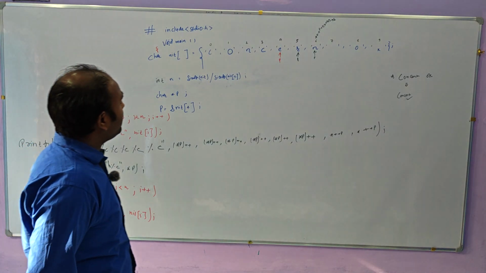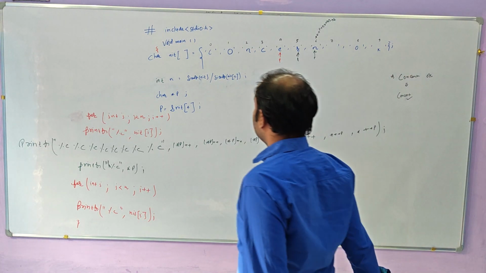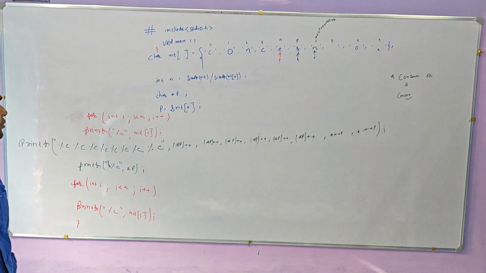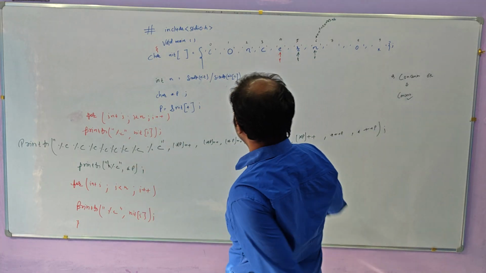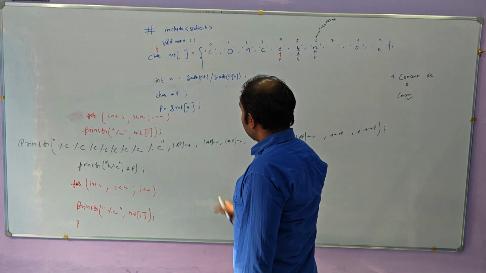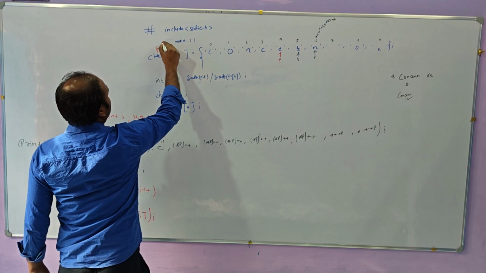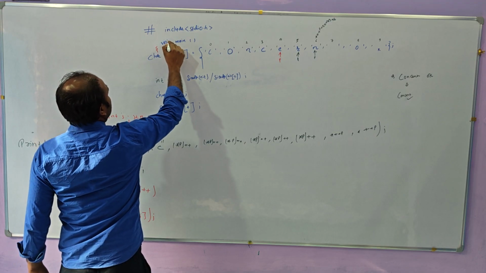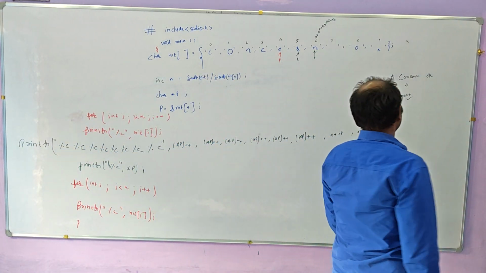Now let's see the working of this program. Here is the program. Firstly, we have mentioned a header file, then void main. Even int main is also correct. We can use int main or void main, anyone, that doesn't matter, because we are not using return 0. So void main is working correctly.